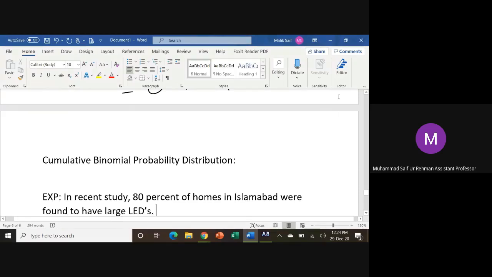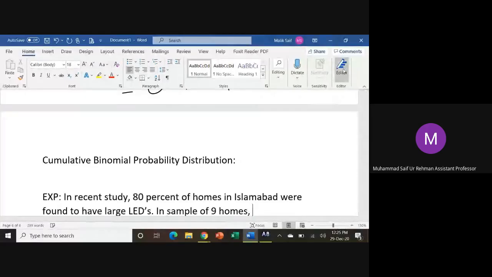Light emitting diodes. Basically, these are the TV sets. Okay. In a sample of 9 homes,